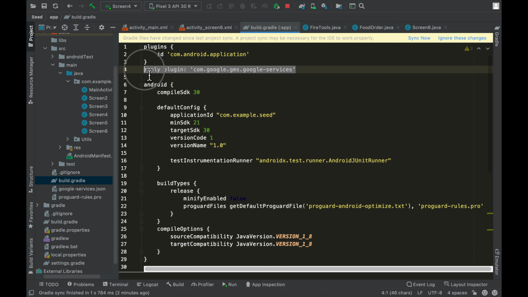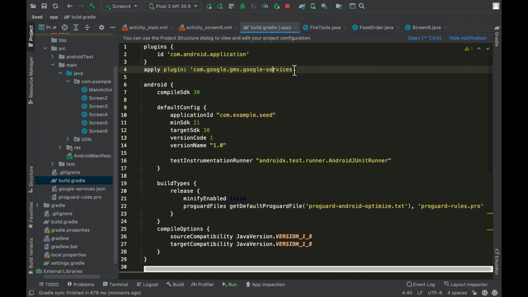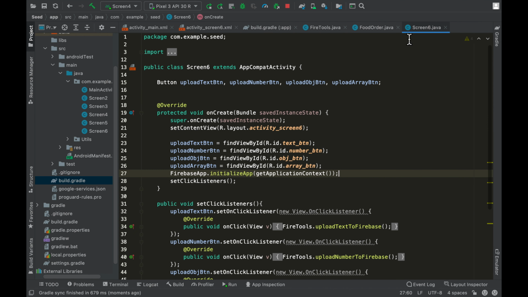Once that is in, you click sync. So once it's done, we can now go ahead and test the app. So just as a quick reminder, we are going to be testing